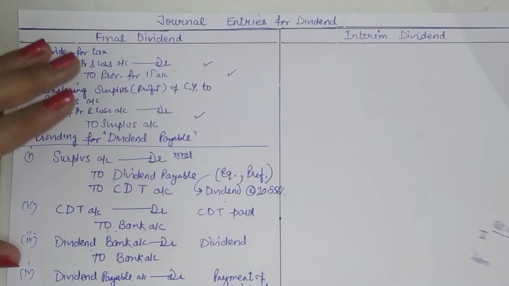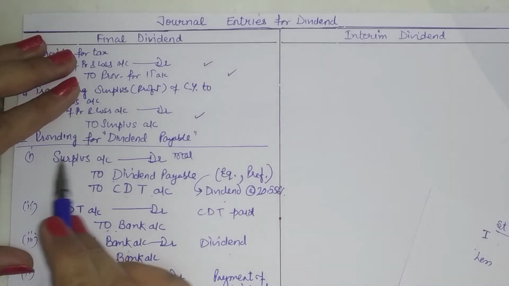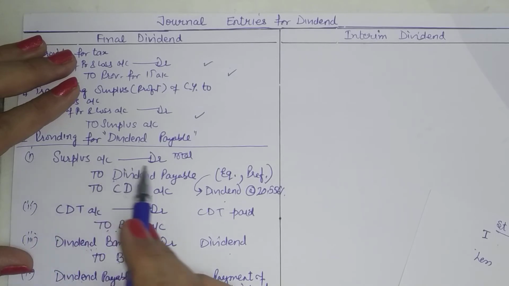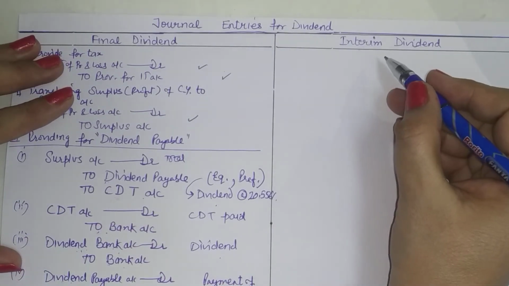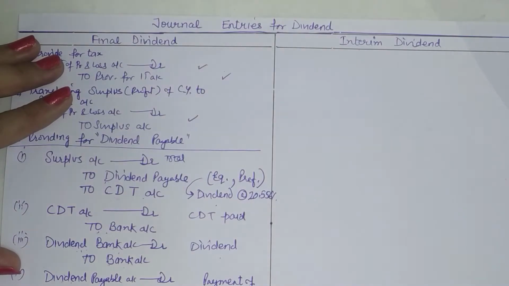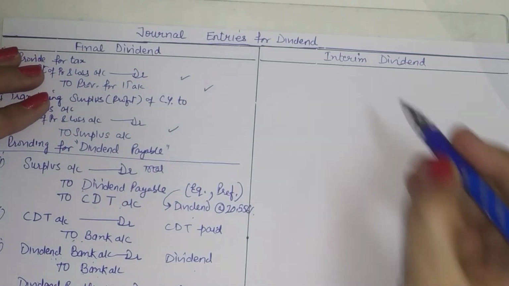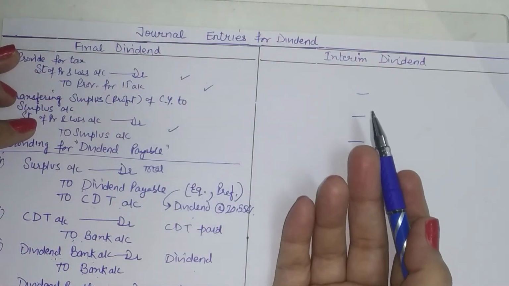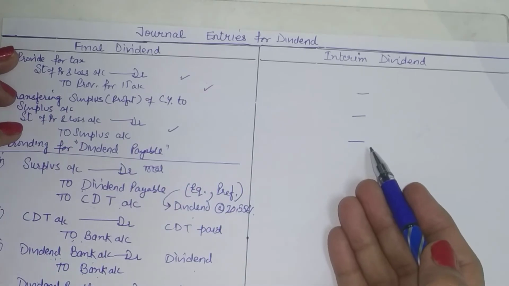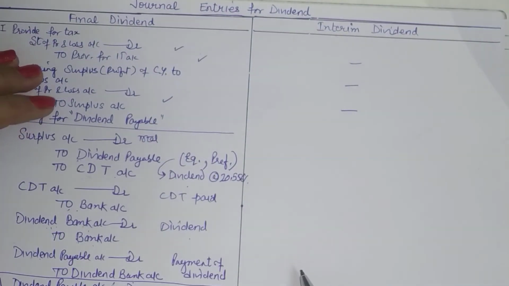And if at any stage we find that along with the surplus company is using reserve also, then you will use surplus as well as reserve. So both will be debited. Now coming to interim dividend. Now when the company is paying dividend during the term of the year, then at that time we don't have any requirement to provide for taxes, etc. So this requirement is not there. You will pay it out of your balance, available balance of surplus.